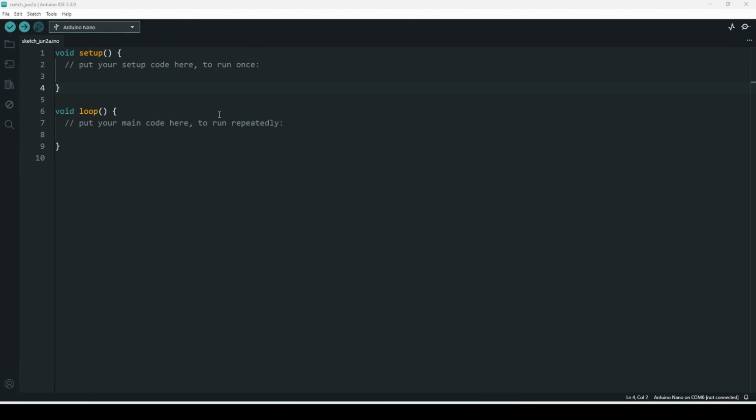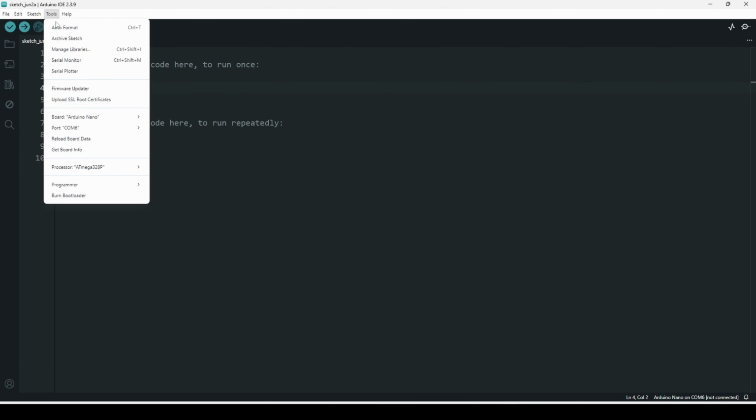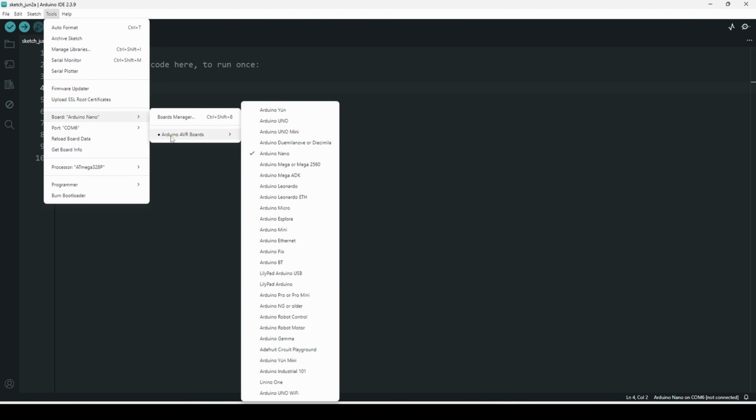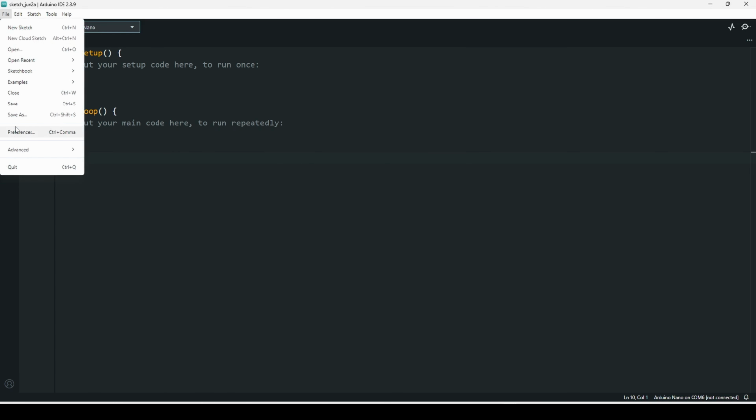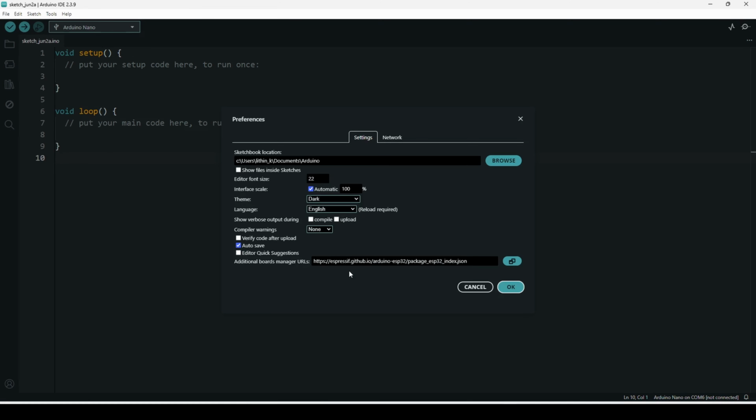Let me help you install ESP32 on your Arduino IDE. If you go to Tools, Boards, now you can see it is selected Arduino AVR board. So in order to get the ESP32 here, first you go to File, Preferences, and you need to paste this